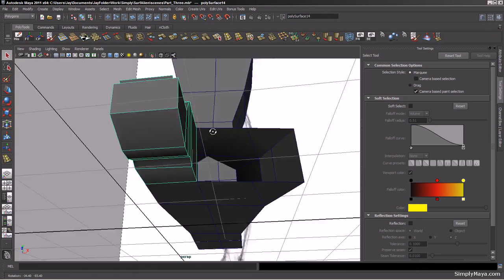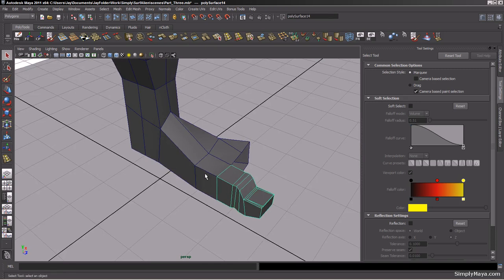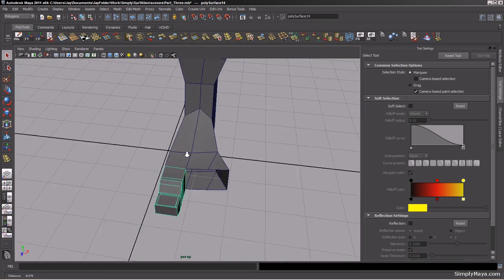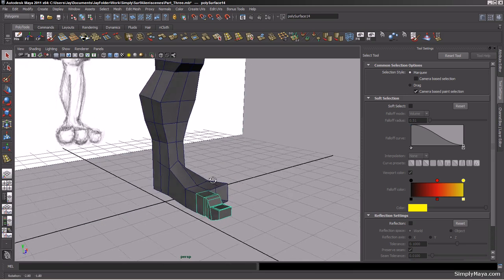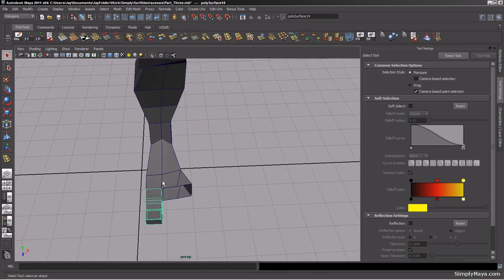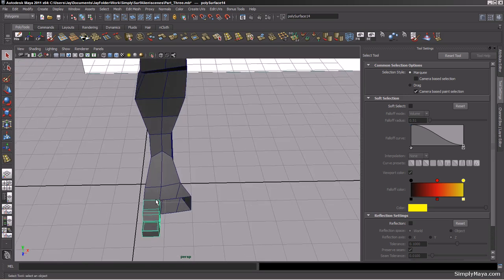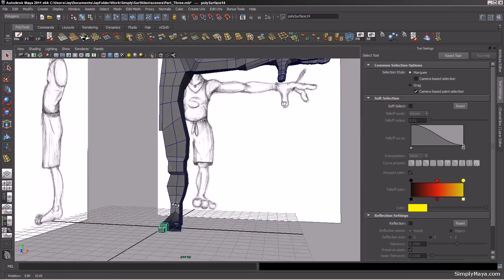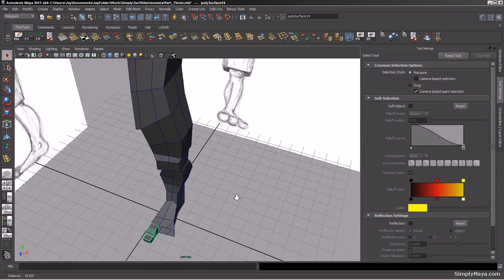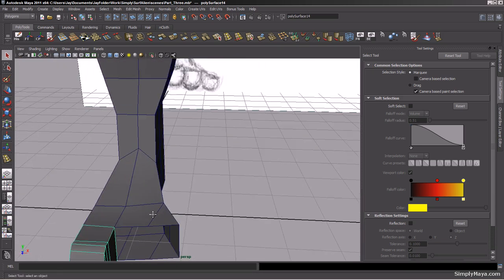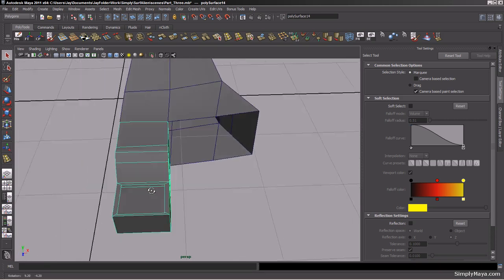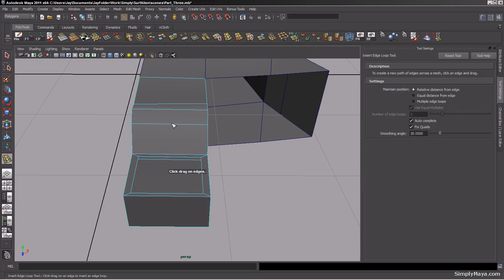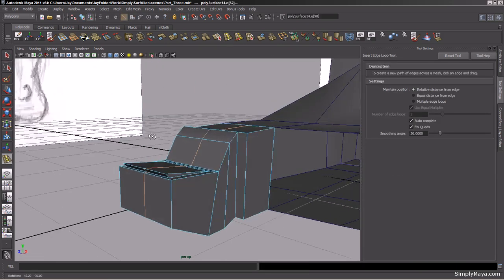So now I'm going to work on the toe independent of the actual foot, because we'll be adding geometry and stuff a little bit later as we go. We'll just get the toes and everything done around the foot, because we'll need to run edge loops up and over either side of these toes, so it's not too bad. And then we have plenty more geometry to play with to shape the rest of the body. Okay, so without me continuing to ramble, we shall get this toe nicely shaped,